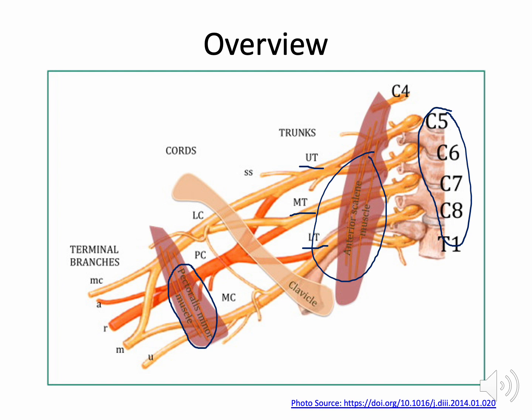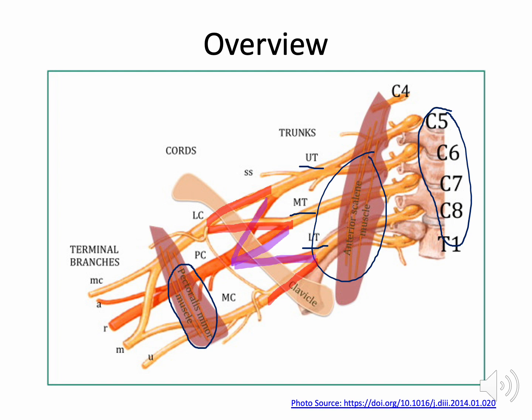So starting with posterior divisions: 1, 2, 3. Then for the anterior divisions, it goes like this: 1, 2, and 3. Now, once we identify all the divisions, we can group them up in order to form the